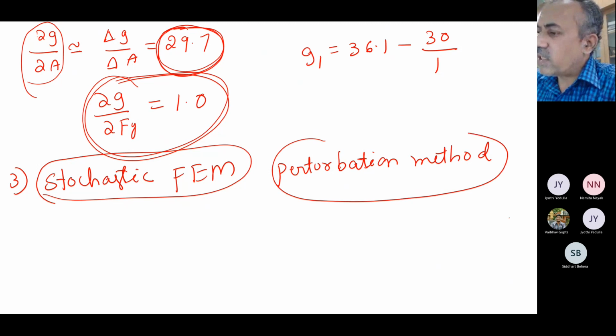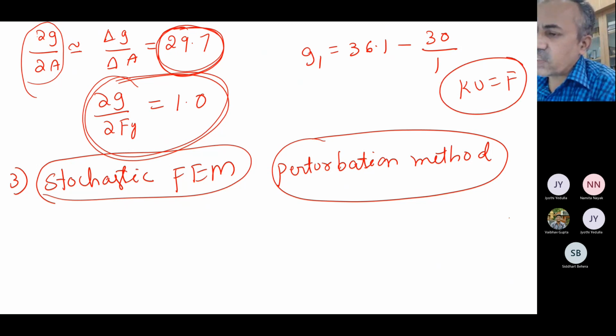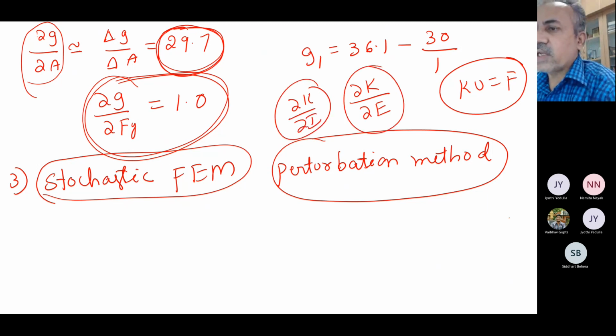So the perturbation method is essentially, as I already told you, in the finite element method, finally whatever the thing, you will write everything in this form: stiffness matrix, and nodal forces or nodal vectors or whatever. You assemble everything and write it in this form. Finally you have to calculate the derivatives, and ∂g by the stiffness matrix will be somewhere inside. So everything boils down to calculating the stiffness matrix with respect to the random variable. If the random variable is Young's modulus, you may have to do ∂K/∂E, or ∂K/∂I. All those derivatives have to be calculated.